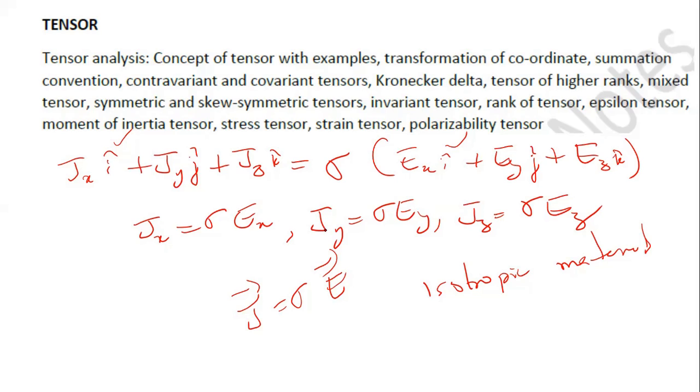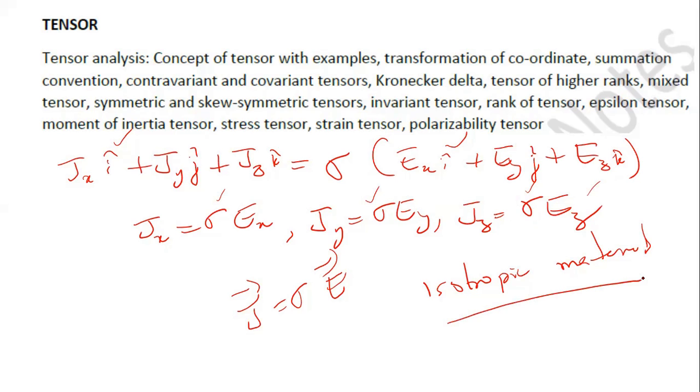Jy, the current density along the y direction, is proportional to the electric field along the y direction, and similarly the current density along the z direction is proportional to the electric field applied along the z axis, and the proportionality constants are all sigma, the conductivity of the material, which is a scalar quantity in